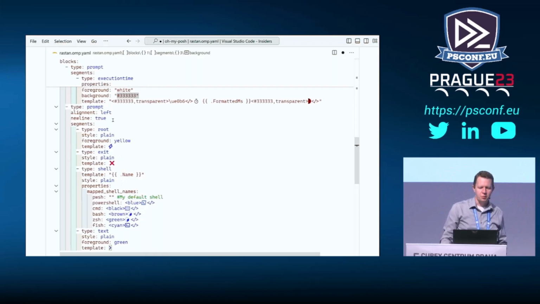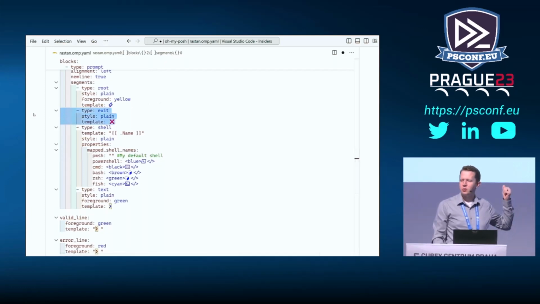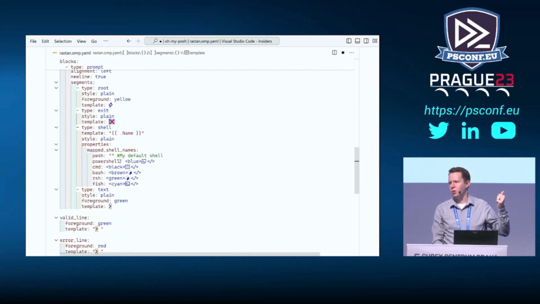Then when you get to my actual main left prompt, you have things like, am I in root? If I'm logged in as root, or if I have admin credentials in Windows, show me a little lightning bolt next to my prompt so I know, hey, you're in danger mode right now. Here's that part for exit. And as you can see, it's real simple. I didn't have to write a lot of code for that. It's built into Posh. So I just had to decide what symbol I want to show for that